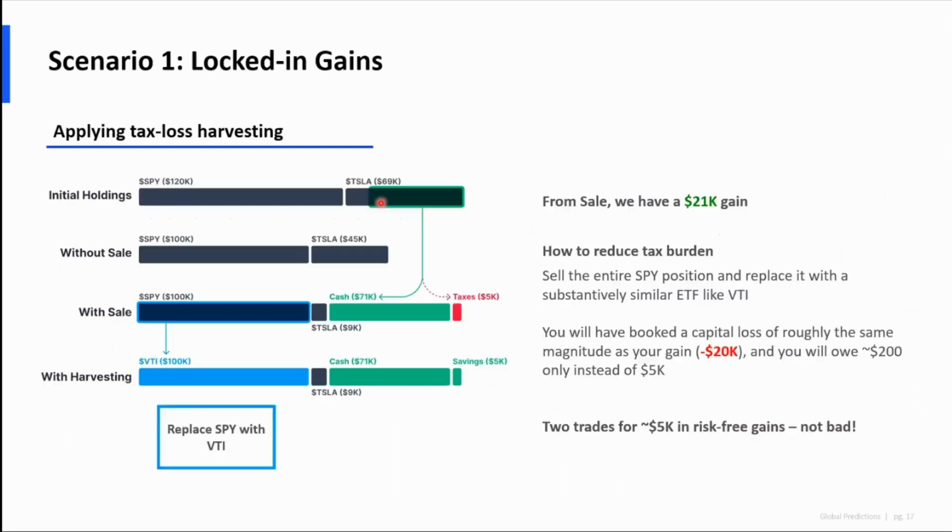The clicker works. There we go. So what we can do is, if you realize that we have this $100,000 SPY position, it's actually $20,000 down from when it started. And so that is an unrealized loss. If we're able to convert that to a realized loss, then we have this $21,000 netting with the $20,000. They literally offset when you do your taxes, and then you only owe the taxes on the $1,000 residual.